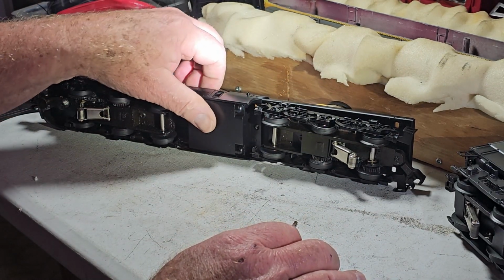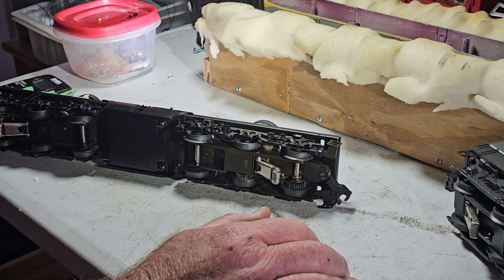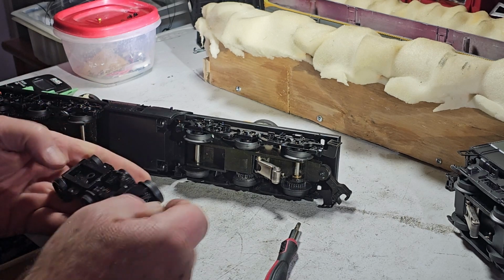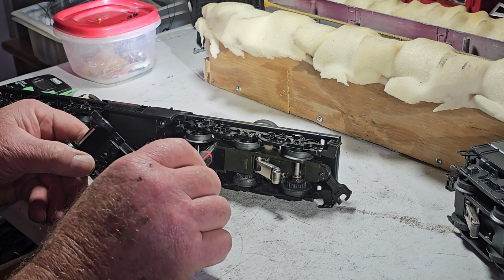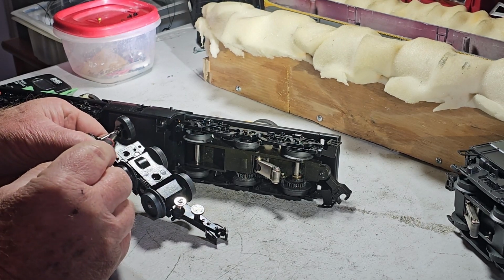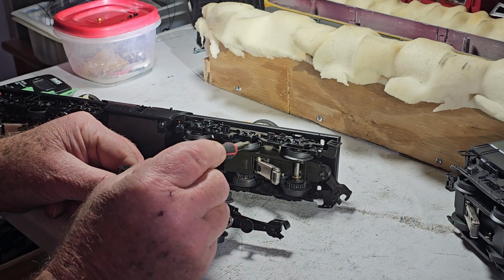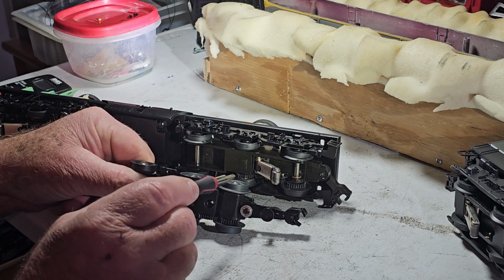Let's do the other. I think what I'll do is take apart one of the other branded powered trucks so you can see. So this is a Williams right here, right? And the Lionel has a little more structure here than the Williams does, with just these two tabs. This too has no bushing, but it kind of floats. But you see what I was saying before, where you have rimmed wheels on the Lionel, but both these are drive. The leading in the middle, but not the trailing. Where on the Williams, you have both the drive